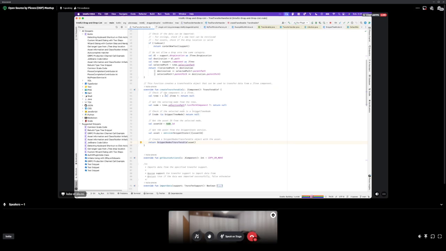Going back, the create transferable method, as you may see, is not too complicated because it has seven logic lines. That's because it is pretty simple. What we do here is we get our component, our drag event source component, passed as an argument to this method.